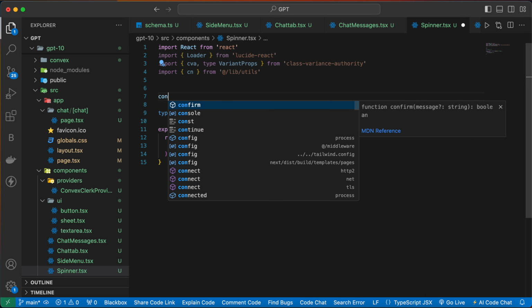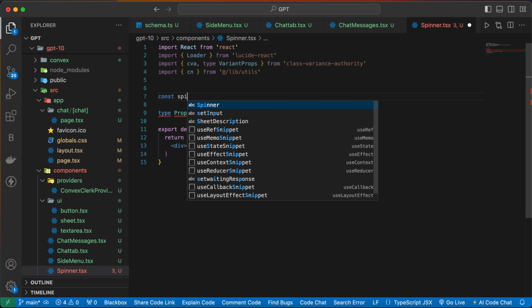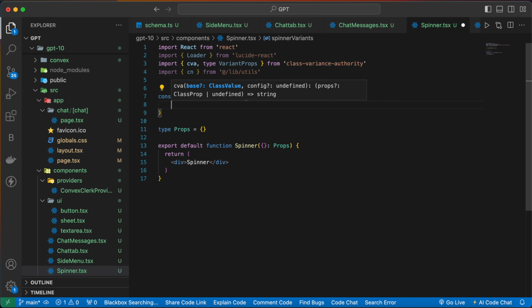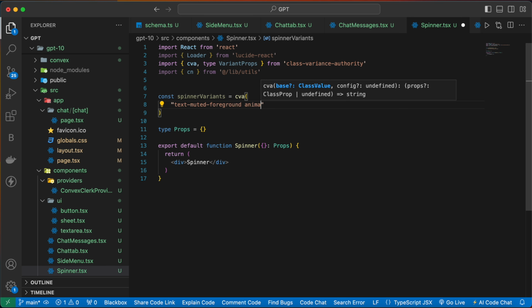So we can write const spinnerVariants, okay, is equals to CVA, text-muted-foreground animate-spin